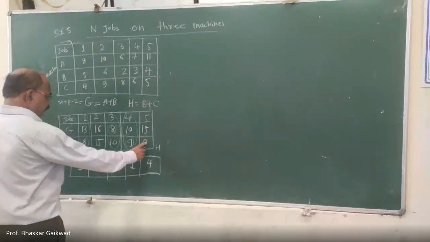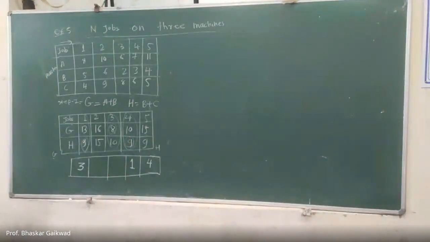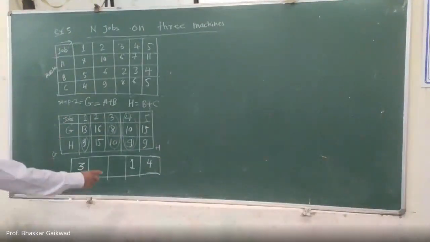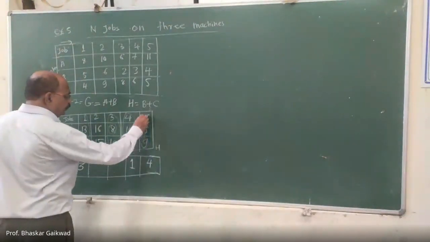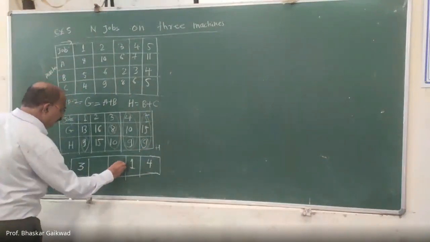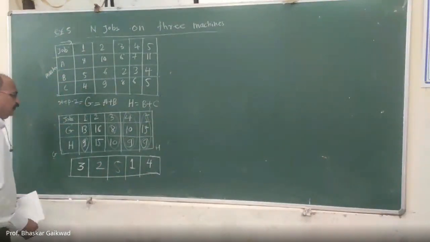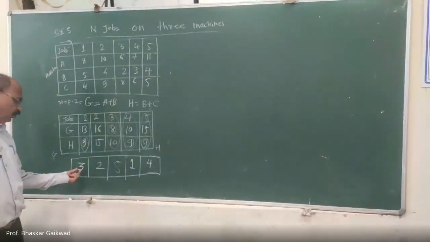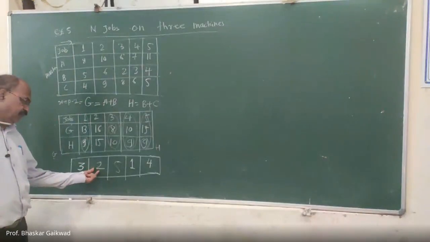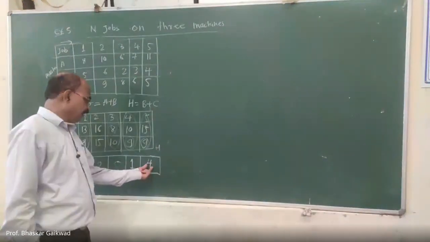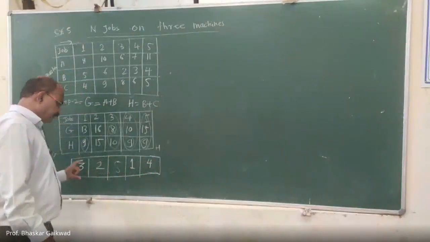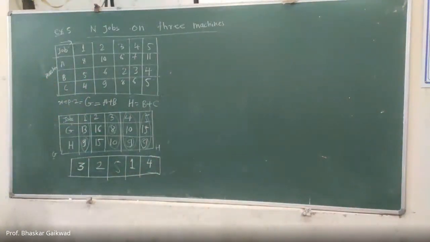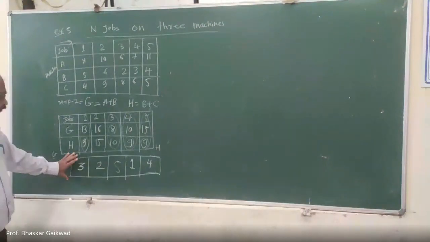Now after this 1, after this again here 9 is there. This is related to the second machine. So here this is the 5, and which is remaining 2. So this is the sequence of the job. First you have to go for processing 3, after that 2, after 5, after 1, and after this 4. So this is the sequence. If you do like this, 1 mark definitely will be there in your GATE exam for the sequencing manner.